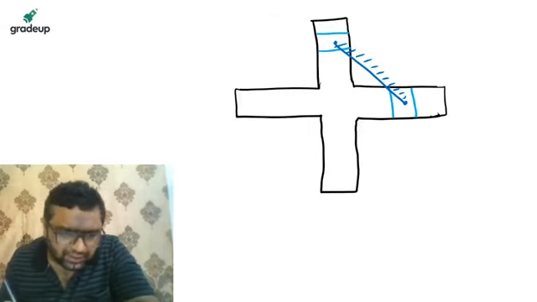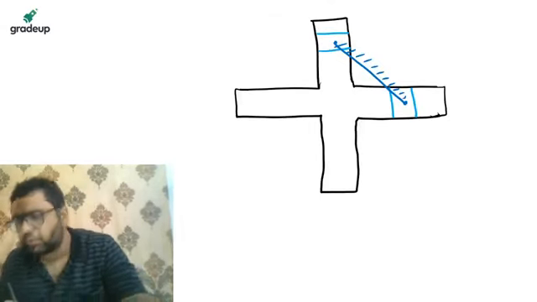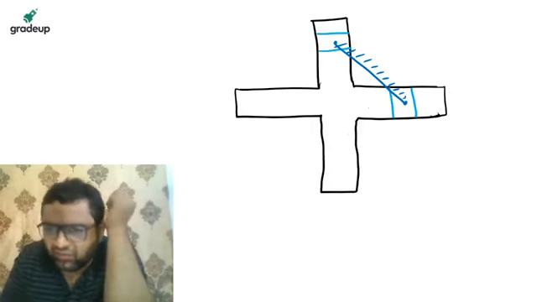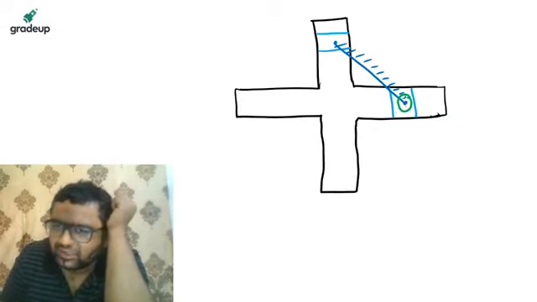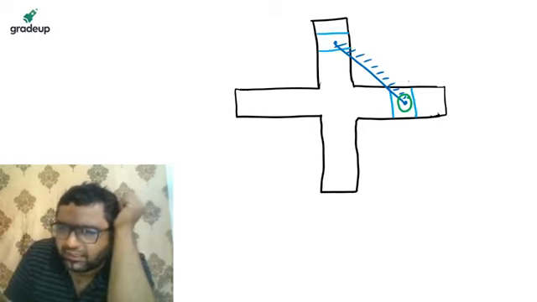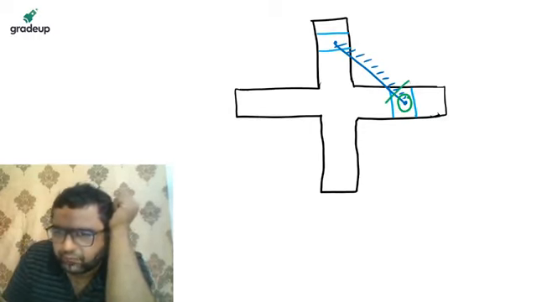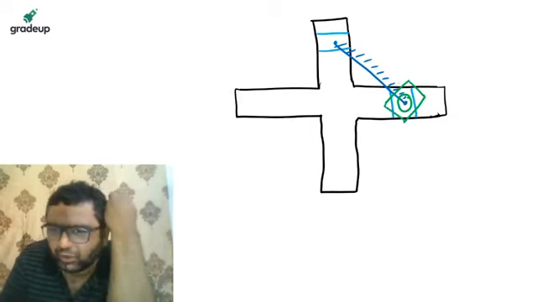Please try to understand, my dear Arnab. We have joined a shaft with this, like this. And as this shaft is going to rotate, obviously this slider will rotate and this slider will rotate in this way. If the slider is rotating, obviously as it is present in the slotted bar, the slotted bar will also rotate like this.